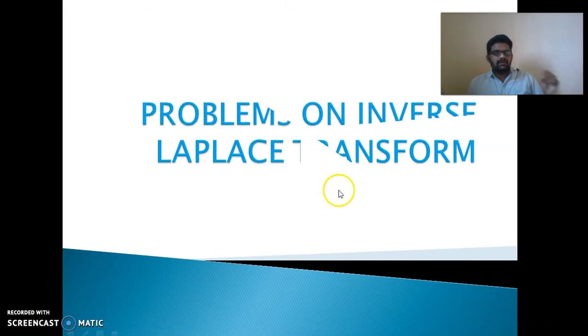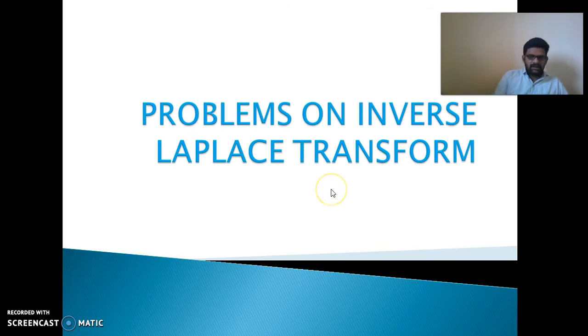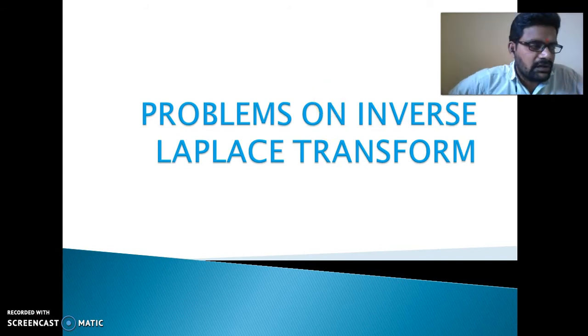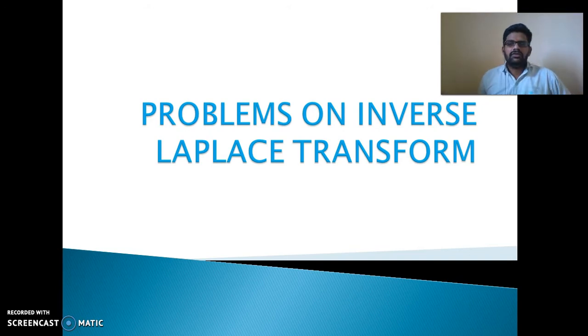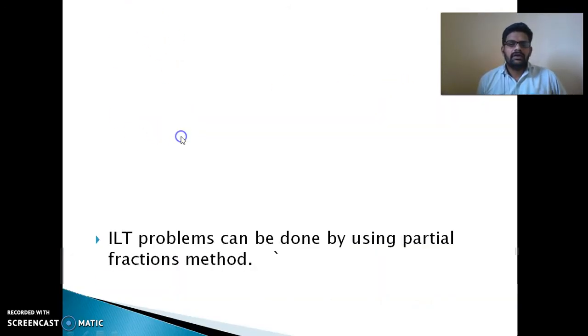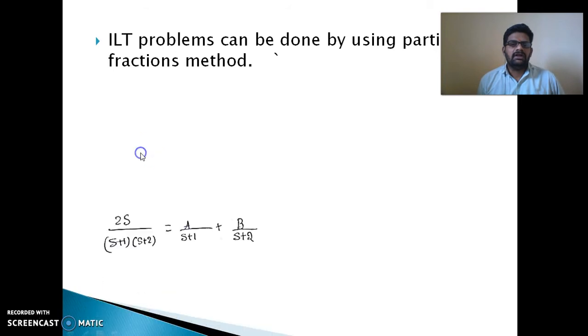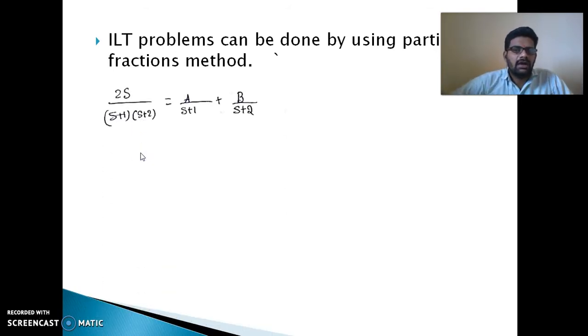See, we have the inverse Laplace transform formula. We have an integral for the inverse Laplace transform, but that formula cannot be used directly, because it has some complexity in the calculations of inverse Laplace transform. So usually we go for the partial fraction method. The partial fraction method, as we have already discussed in the earlier classes, that is in the previous years of our classes. Any function can be solved using the partial fraction method by dividing it into these forms: